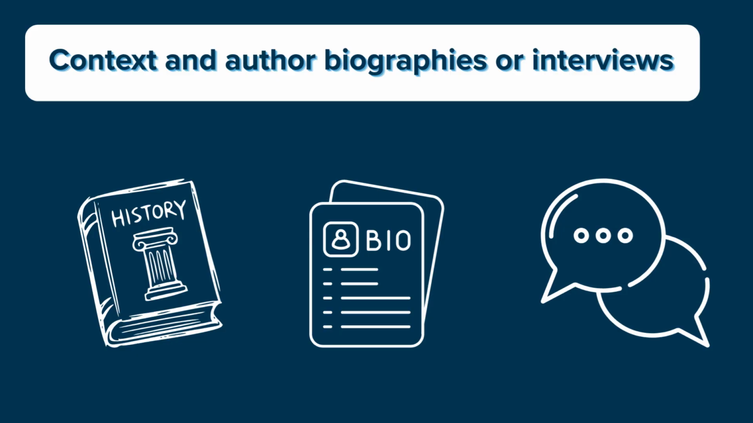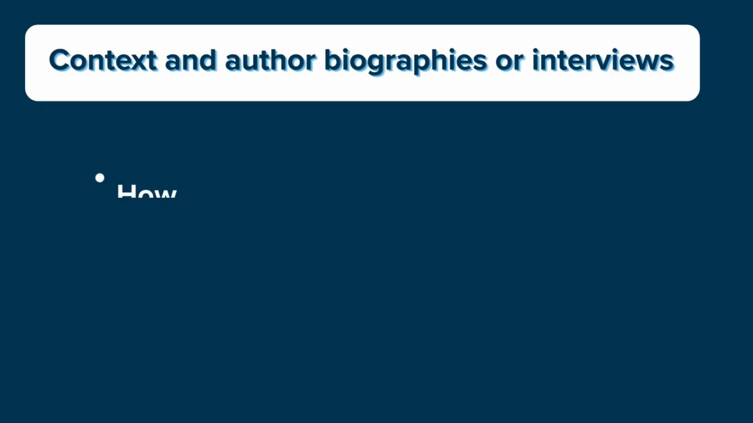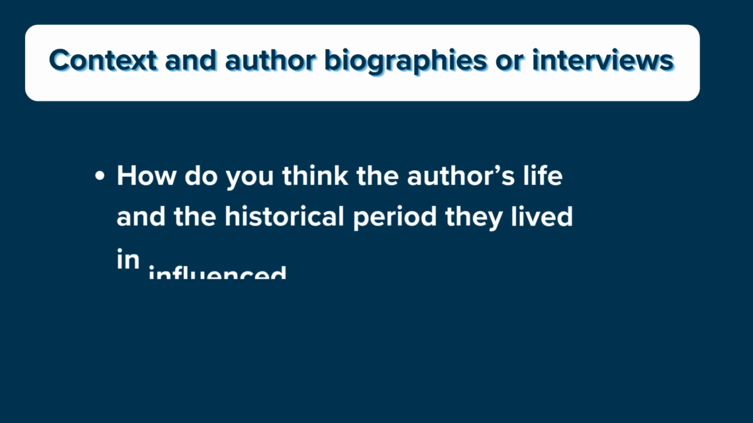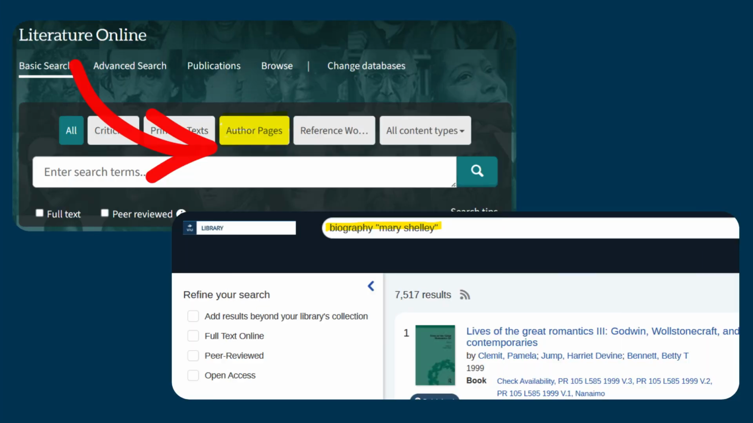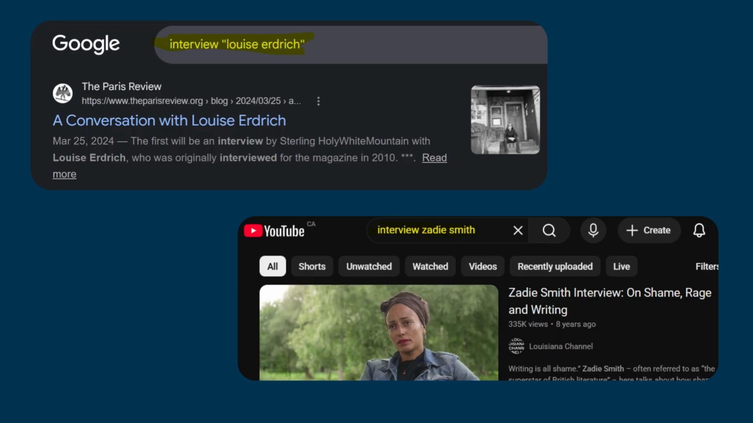Tip number 2. Look for context in author biographies or interviews. This strategy is about looking beyond the pages. How do you think the author's life and the historical period they lived in influenced their work? You can find biographies of authors in the library collection in a few places, such as Literature Online and Library Search. You can find author interviews on the general internet by searching for the author's name, the word interview, and